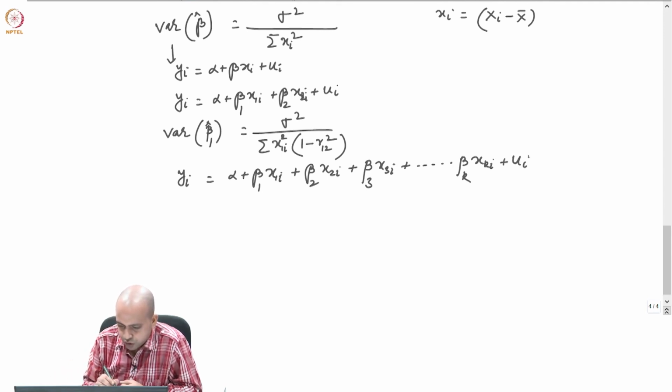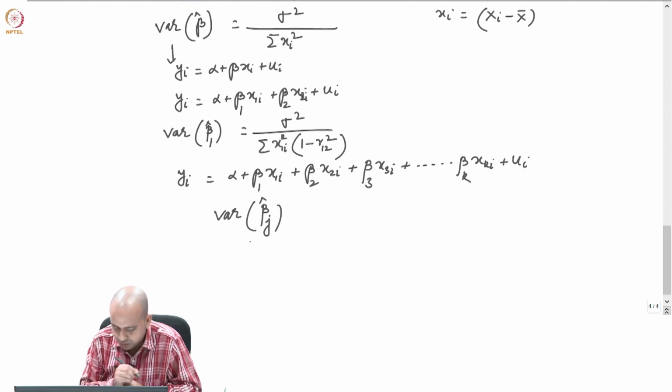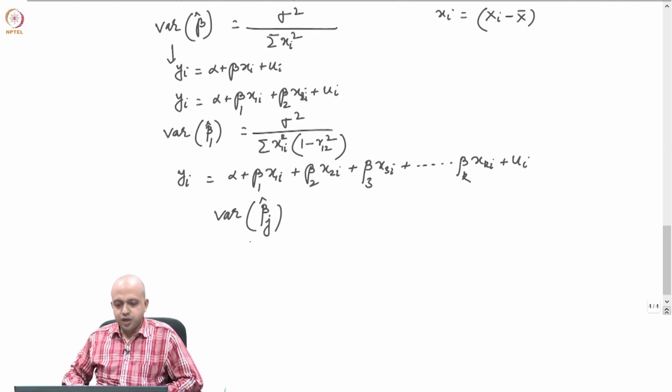And now suppose you want to get the variance of beta j, okay, beta j. All right. So, you have multiple linear relationship, and now when you have multiple variables, how will this particular formula change? When you have two, you can easily calculate the correlation between 1 and 2 and you can square it off,